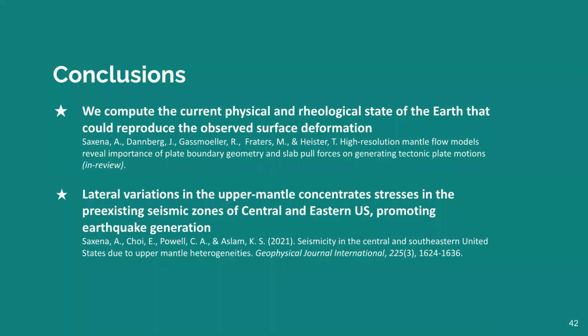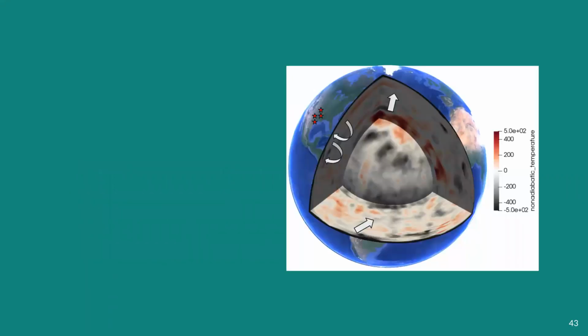Just to conclude my talk, we compute the current physical and geological state of the Earth that would give us the best fit with the observed GPS data. We also find that the upper mantle heterogeneity concentrates stresses at pre-existing faults in central and eastern US, promoting earthquake generation. And as a way forward,